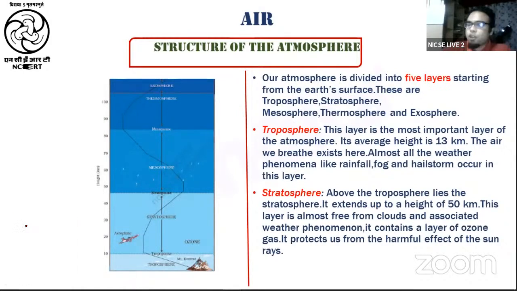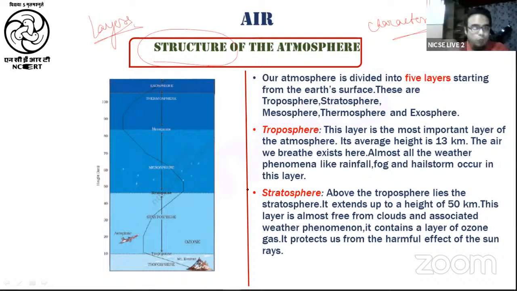Then moving on, the next topic of discussion is the structure of the atmosphere. In the first slide itself, I have mentioned structure refers to the different layers of the atmosphere. As we move from the surface of the earth to greater heights, how many different types of layers do we see? Each of these layers will have its own distinct characteristics, right?